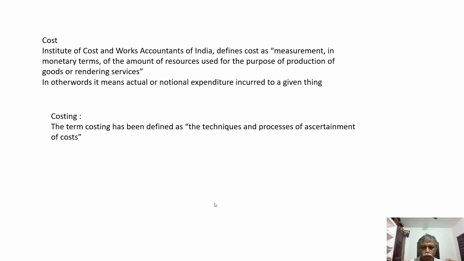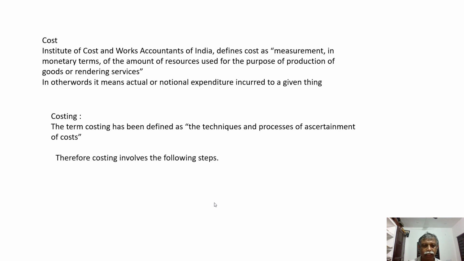So a technique is used for drawing it. Different tools you use it. Okay. So similarly, for calculating this cost, the techniques and process which you use is called costing. Costing is the technique or process of ascertaining cost. Don't forget, calculation of cost. For that, you need a technique or you need a process. Clear? So, technique means you follow a technique, right?